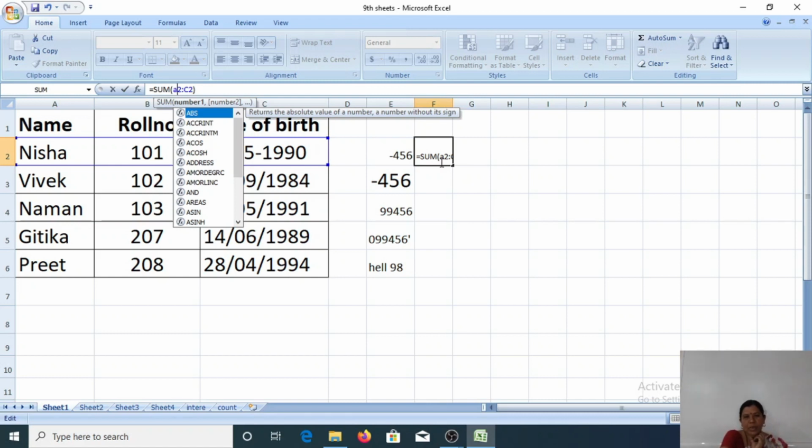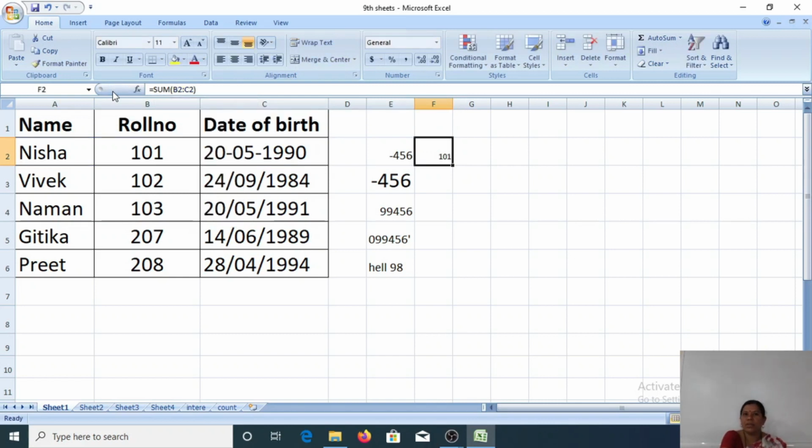Here we have two buttons: the right mark is Enter and the cross is Cancel. If I don't want to keep the editing I made, I just have to click on Cancel, and as usual you can see B2 here. Okay, fine.